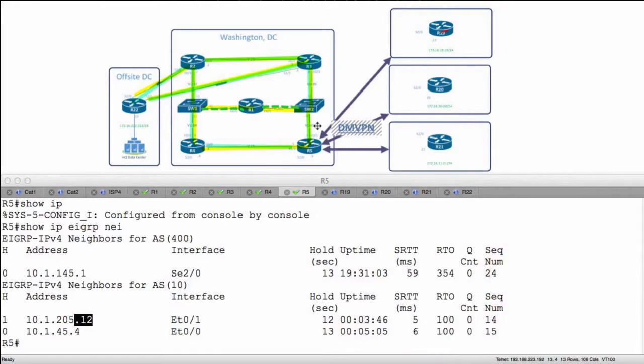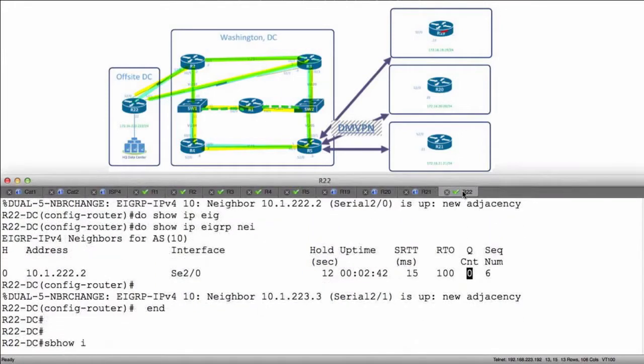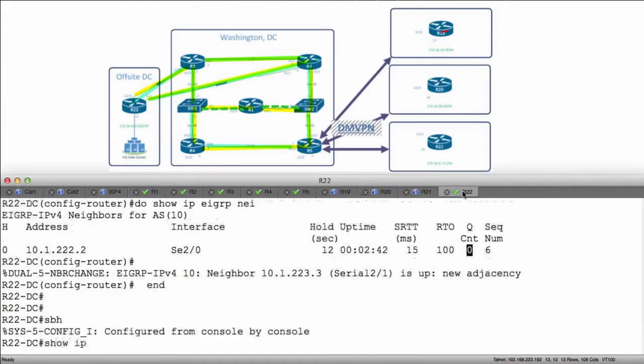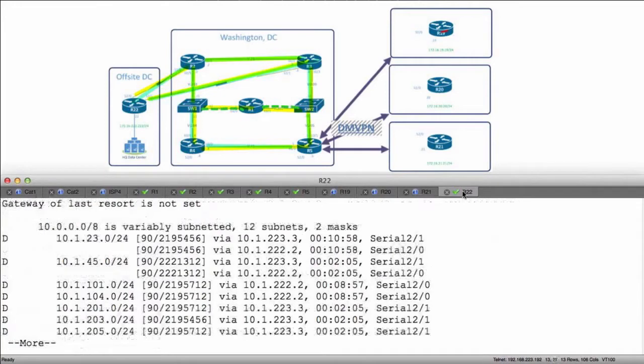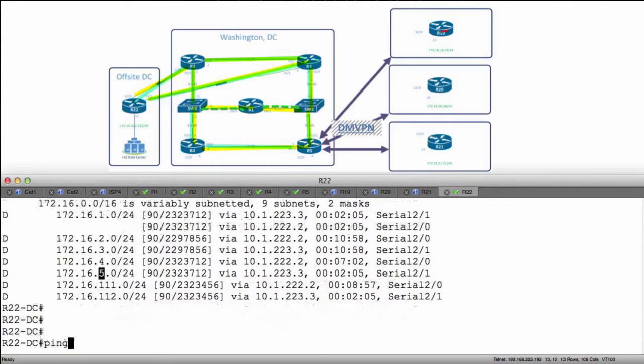Now I'm going to do those in the context of R22. So from R22, show IP route EIGRP is going to give me prefixes that I've learned from my routing protocol. So I see I've learned R2, R3, R4, and R5's loopback addresses. So let's do some verifications. I'm going to say ping